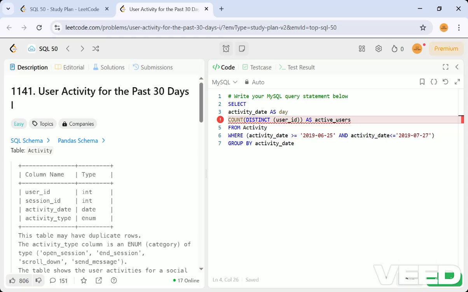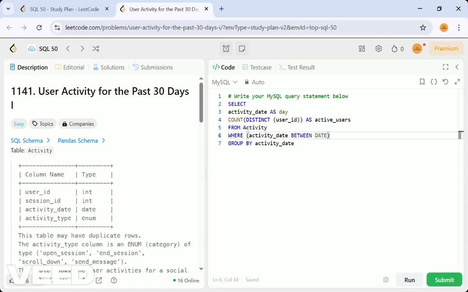So activity date as day, and then count of distinct user as active users. So we have to consider from the activity table where the condition should not be like this. We should not give it based upon the dates which are in the tables. Likewise, we have to consider the date should be between, fall under 30 days, right? That is nothing but date subtraction with this,